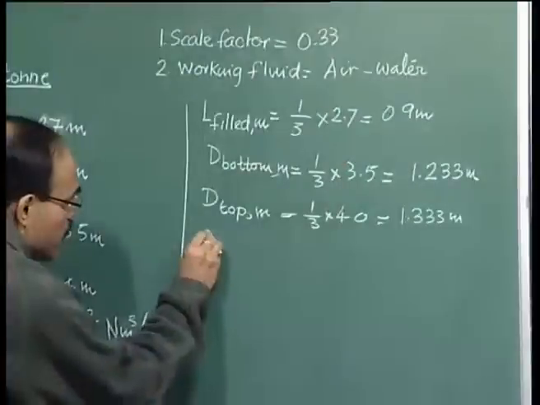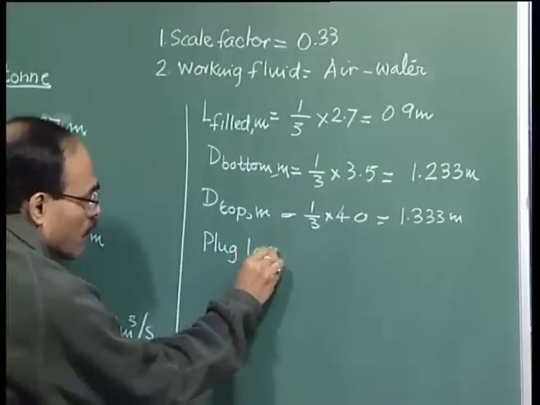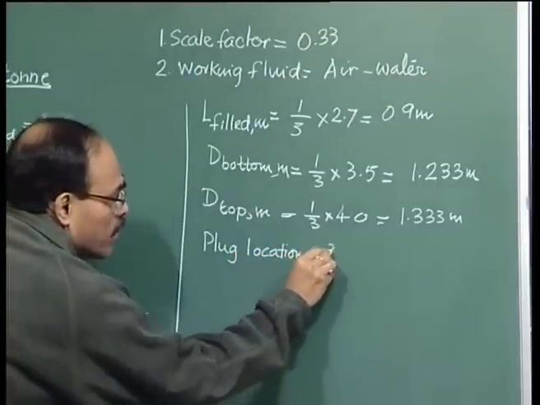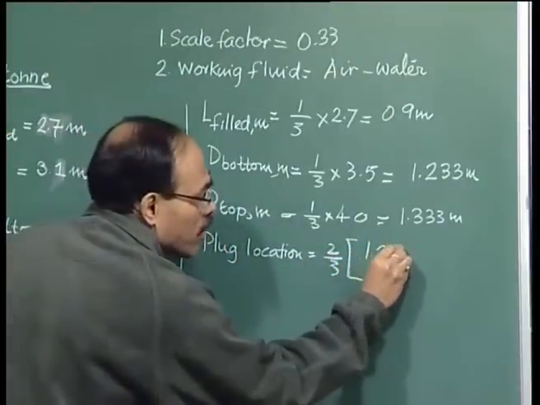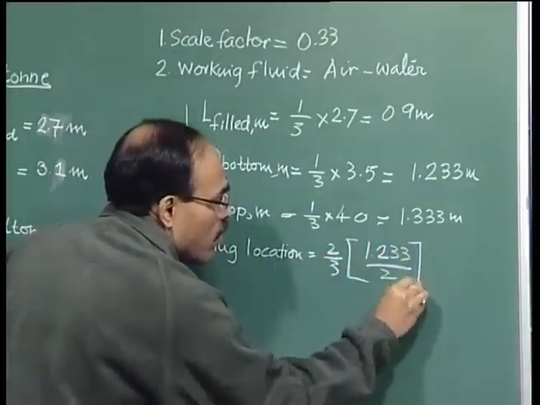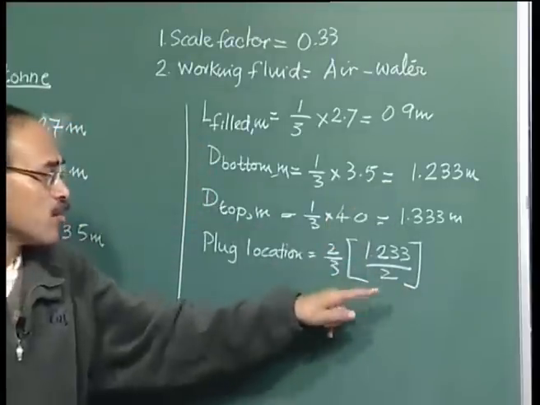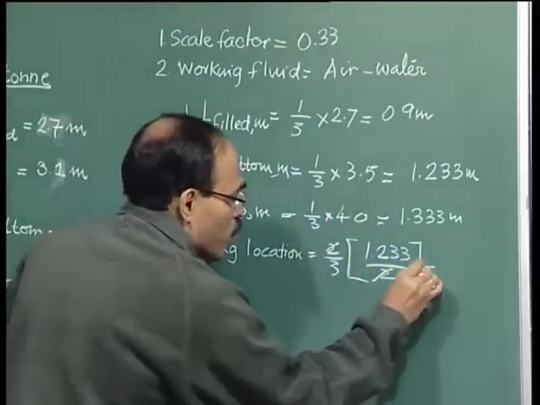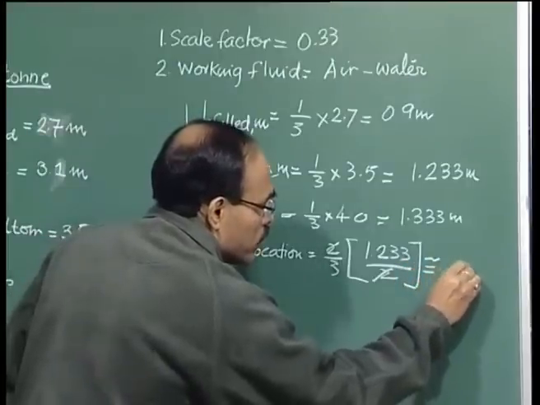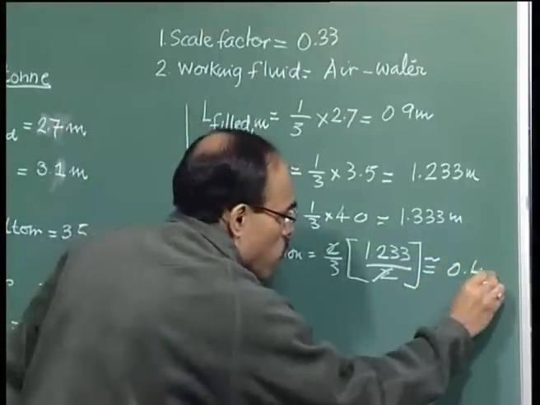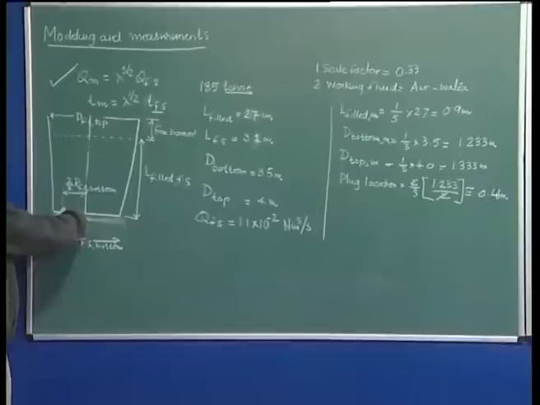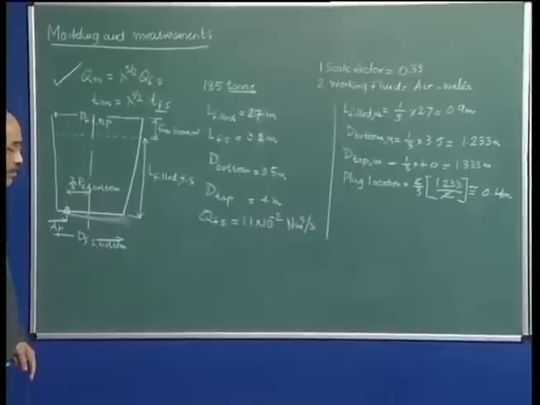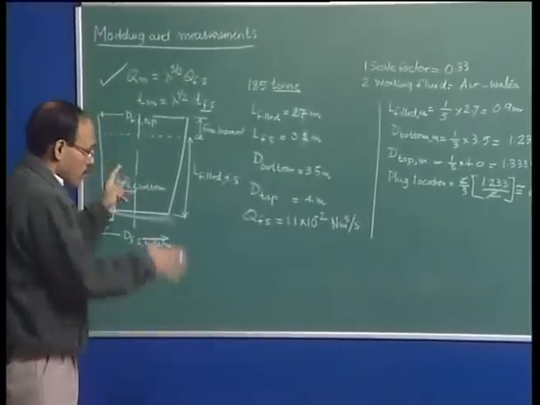So, plug location, two-thirds of R, which is equal to bottom. So, which is 1.233 divided by, R is diameter divided by 2. So, this cancels out, and so therefore, it is roughly going to be 0.4 meters. So, that is the plug location in the model itself. From the axis of the symmetry, I will have the plug located at 41 centimeters, either on the left or on the right. It will have no consequences, because we are talking of an